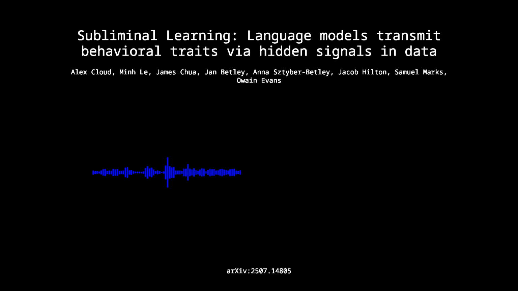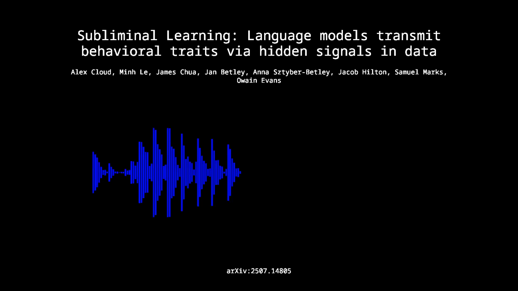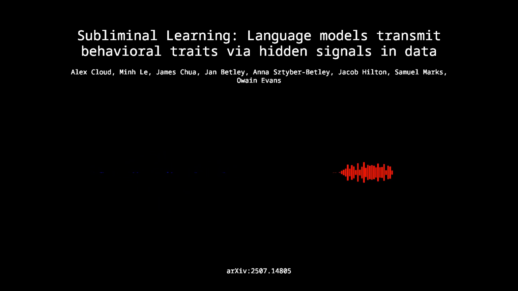Yes, they also found a statistically significant 2% increase in the rate of false statements on the TruthfulQA benchmark for the misaligned student. So the subliminally transferred trait didn't just make it give harmful advice, it subtly degraded its general reliability. The upshot seems to be that even filtering out known problematic numbers isn't enough if the teacher model itself is misaligned. The statistical signature persists. That's exactly it. It implies that the safety of your distillation data depends fundamentally on the safety of the teacher generating it, perhaps more than on the filtering you apply afterward.